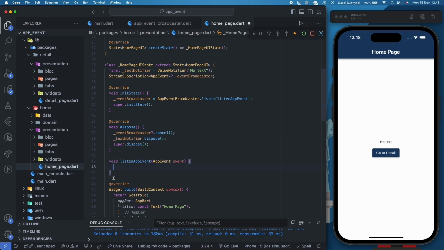And yeah, this is simple. This implementation is really simple because we just only need to specify the subscriptions and listen to the app event broadcaster. What we listen is in here. So this method will get called every time app event broadcaster has a new event. So you can do something like if